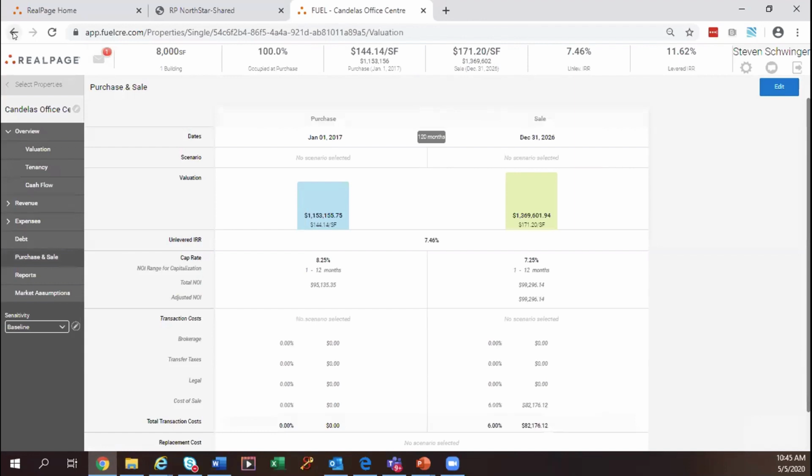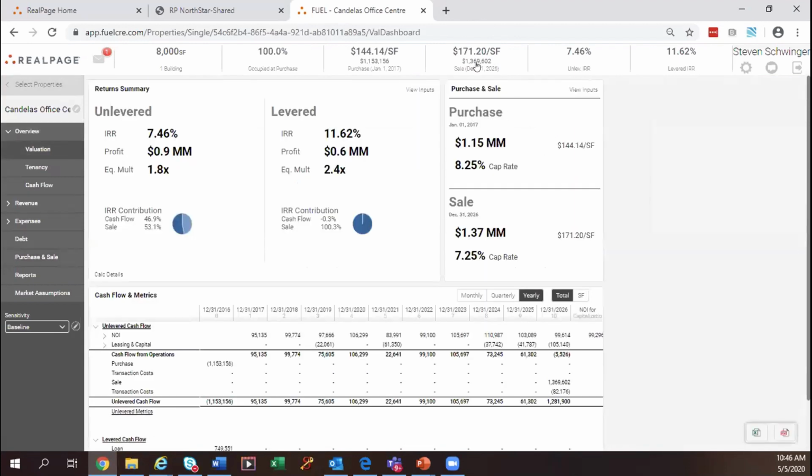And excuse me, let me go back. I just want to go back to the main setting there. And let me go real quick to the overview. There we are. Okay. So the sales price as well as the unlevered IRR without debt as well as with debt. And then we're going to come to a return summary where we're going to see that IRR position here,